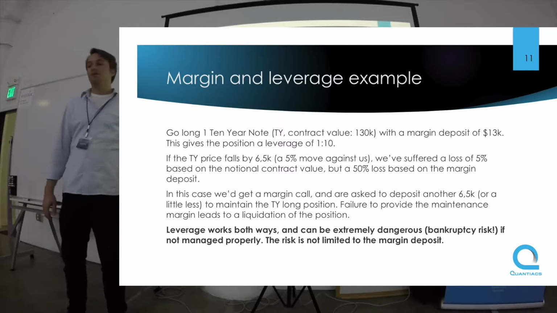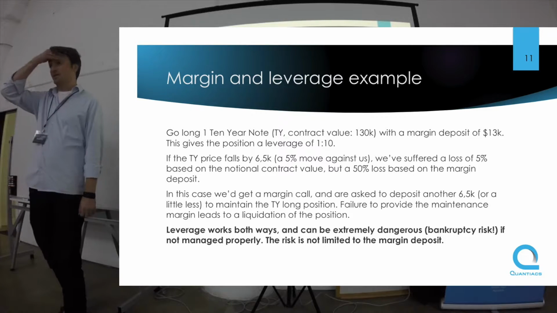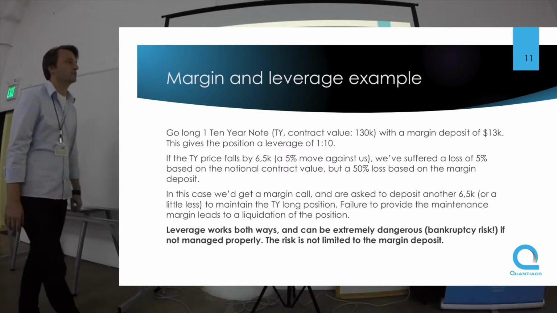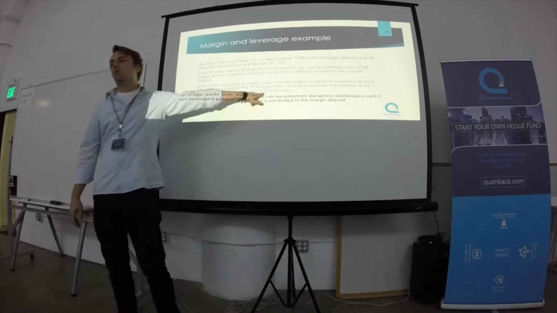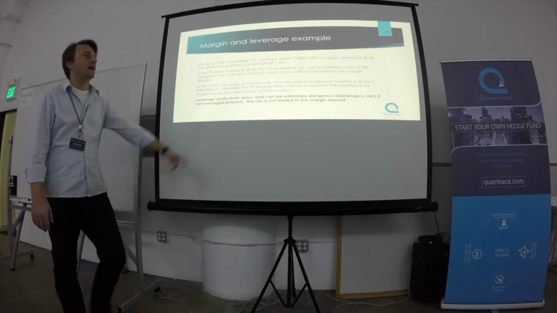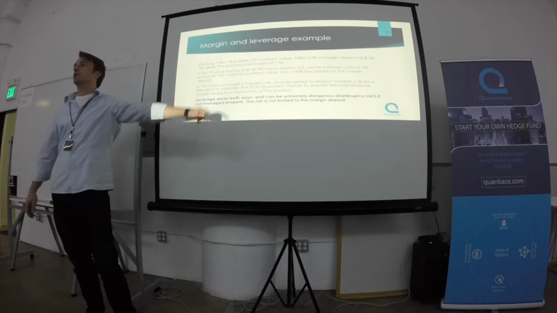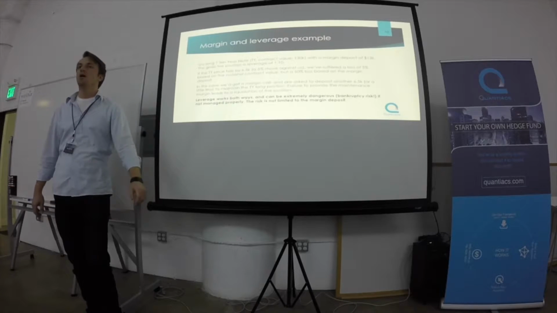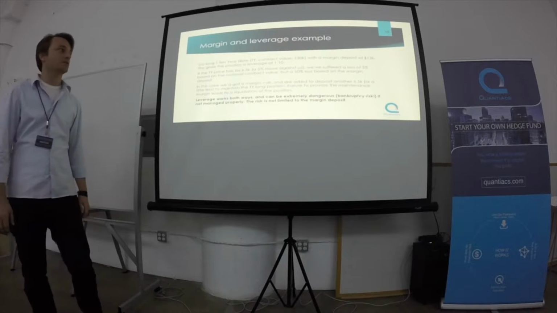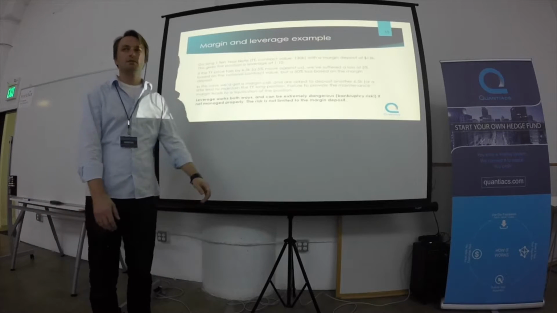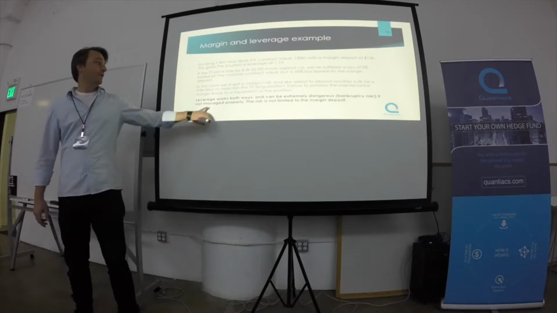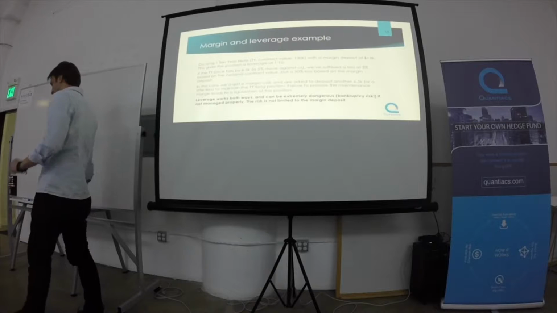And the bad thing about that, of course, is that the losses are not limited to the margin deposit. Because keep in mind, you're trading a future that is worth 130K. If for whatever reason you cannot close out the position in time and your loss is higher than the initial margin deposit, you still owe the money to the broker. So if the position goes against you 20%, and is not closed out for whatever reason, then your losses are 26K and not the 13K that you deposited as a margin. Okay, so that's the risk of leverage.